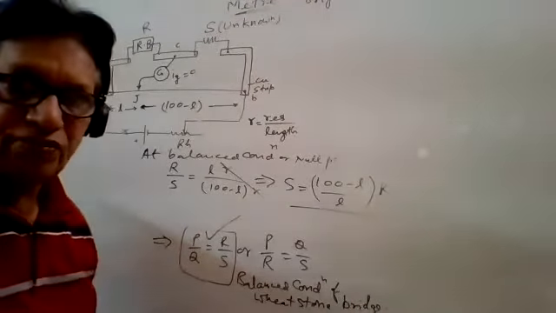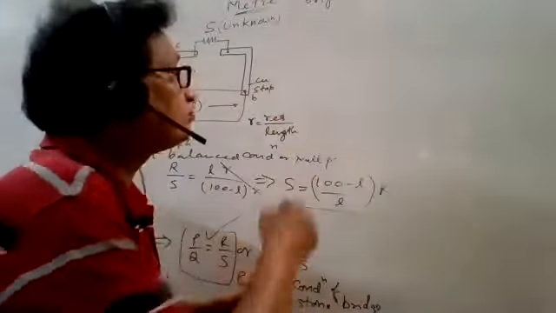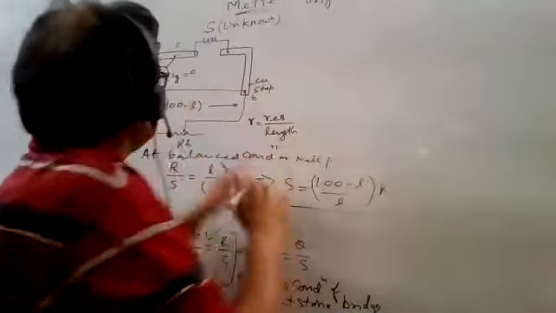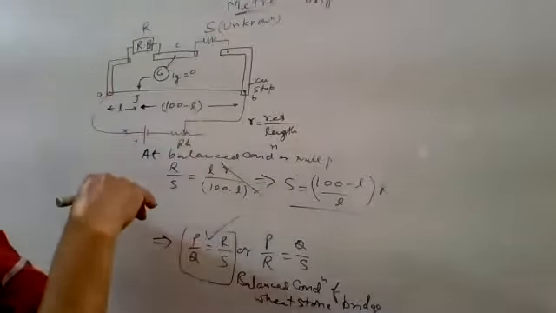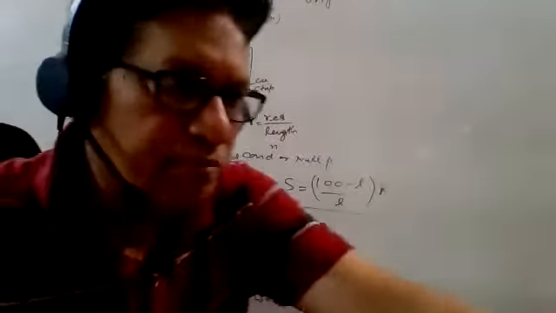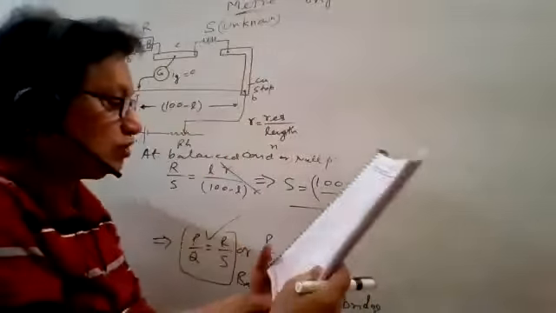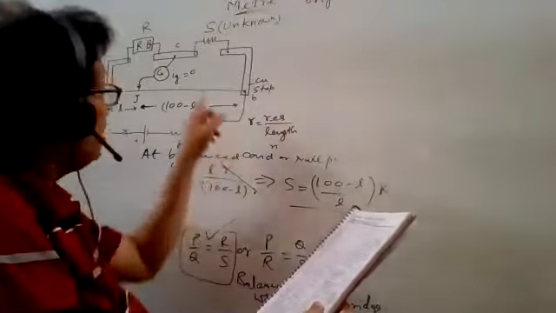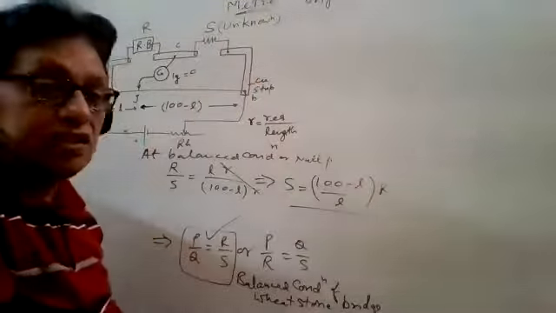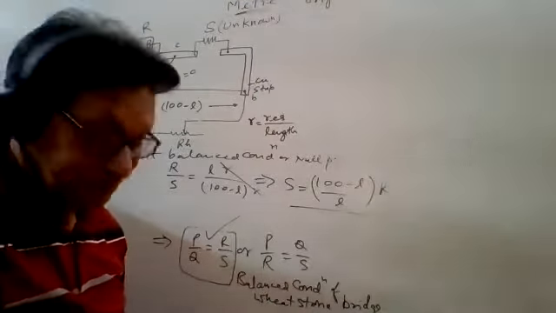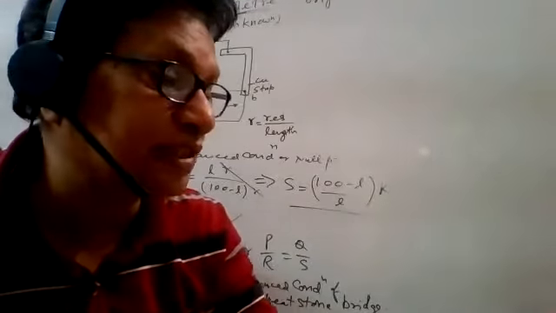Note it down. Now, suppose this is the question given in this circuit. I am taking one numerical problem. In this question, R is the resistance of this resistance box, and suppose this is the unknown resistance S or X. The balance point comes here at 40 centimeters.